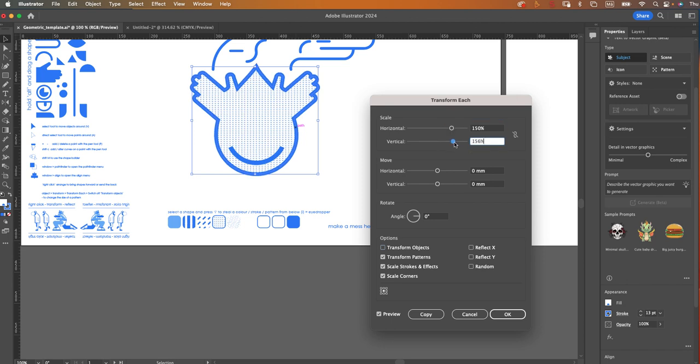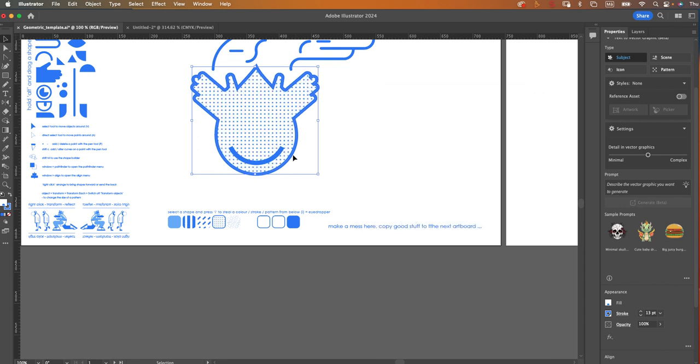I can come in here. You can see it getting bigger. It's also scaling the strokes. So if I switch that off, the stroke will stay the same and it will just enlarge that pattern. You can only go to a certain point, but you can see the difference already. Go OK, and